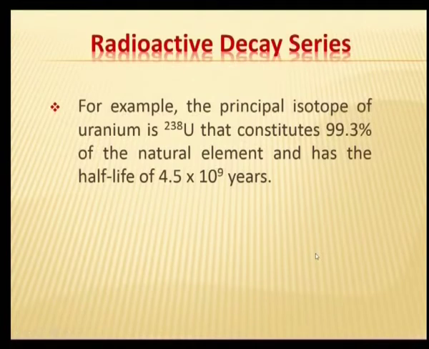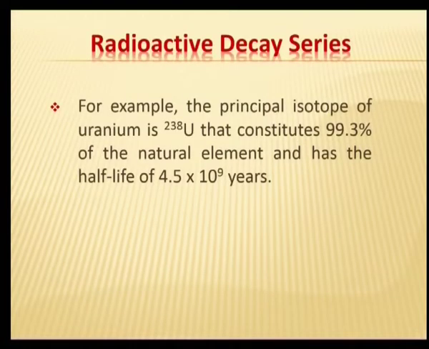We will now move on to the radioactive series which I have been talking to you about. For example, the principal isotope uranium-238 that constitutes 99.3% of the natural element has a half-life of 4.5 times 10 to the power of 9 years. Half-life is nothing but the time taken for 1 gram which is radioactive, half of it becomes non-radioactive after a period of 4.5 billion years. After so many years, half of it will remain radioactive, half of it will become non-radioactive. If 1 gram, then only half a gram will be